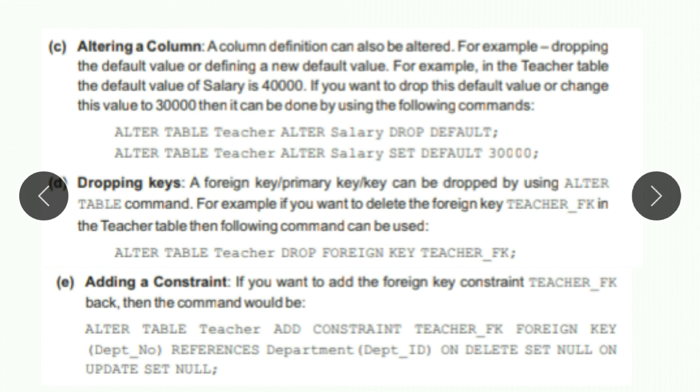So for this you will write alter table, name of the table, add constraint, name of the key, foreign key, then the attribute at which you have to apply it. You will write this thing over here. References, as you are using foreign key, so references, department ID, on delete set null, on update set null.